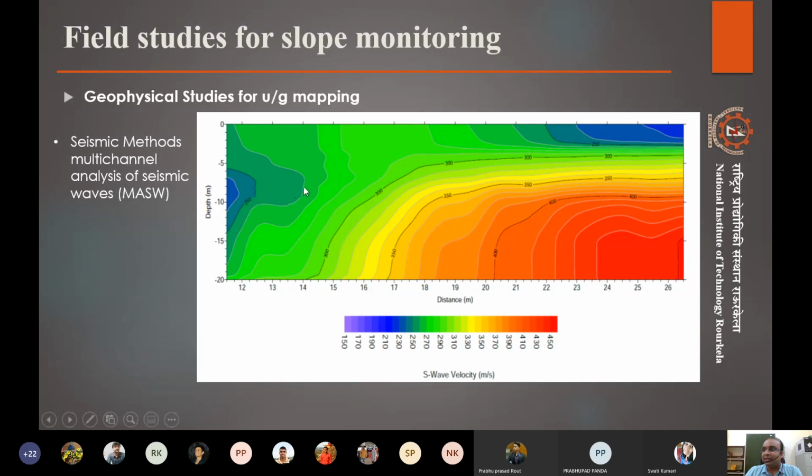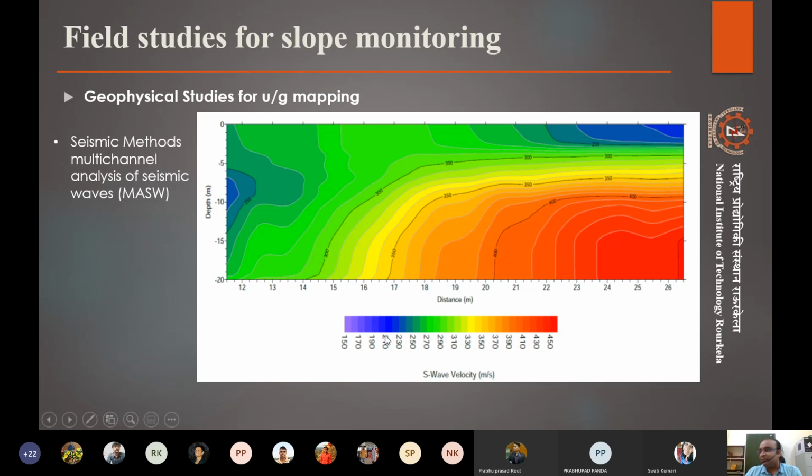So we had to stabilize that part, and we injected chemical grouts and did a very scientific sort of stabilization work. After that, we could see how the foundation was stabilized based on the S wave velocity measured by MASW, multi-channel analysis of surface waves, and that's how we came to a basic understanding that what we are doing is taking effect.